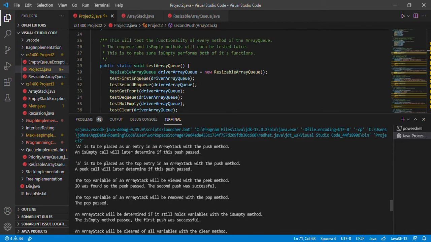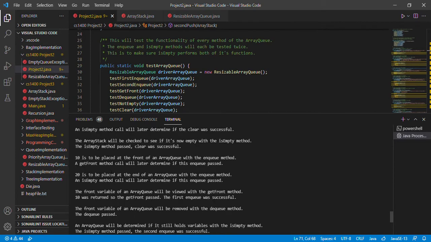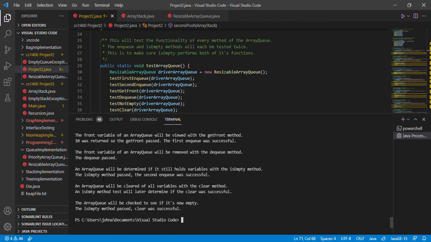But anyways, I push a big A, push a little a, and then I pull it out. It says a 20 is pulled out, but that's just in the text. I actually test to see if a little a is pulled out, and it is pulled out. So everything is running correctly. I just have problems with my grammar that I still need to fix. I'll probably do that for step 3 of this project, which is doing more commits on GitHub.